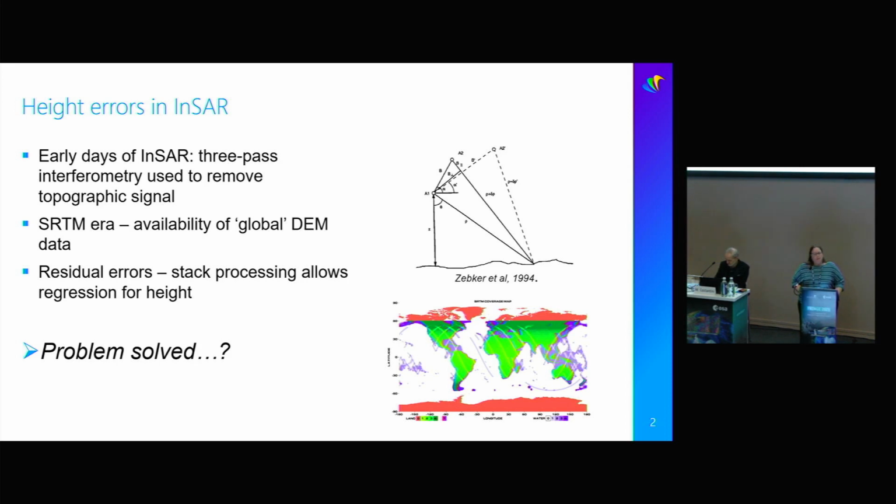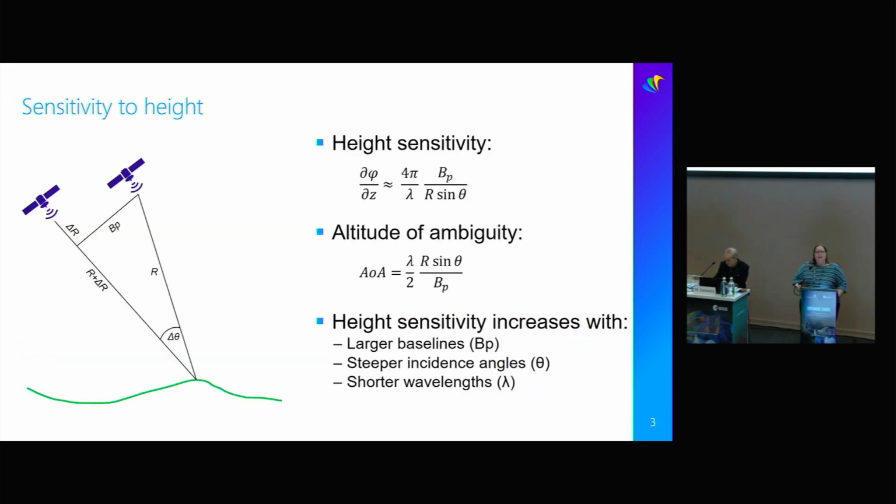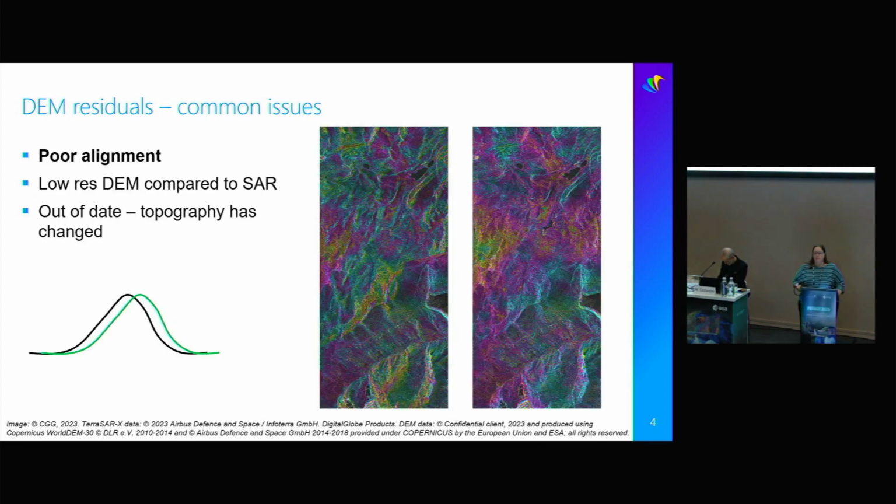Not quite so much. So just a very quick recap. The sensitivity to height scales with larger baselines, steeper incidence angles, shorter wavelengths. So this is actually something that starts to become relevant for some of the more recent smaller SAR satellites. They tend to have fairly large baselines. They're mostly X-band, so the shorter wavelength. So actually, that performance with height starts becoming more important. People used to processing Sentinel-1 with the very short, nice, tight baseline tube won't necessarily see some of these issues. But once we start getting into these other data sets, they can and are important.